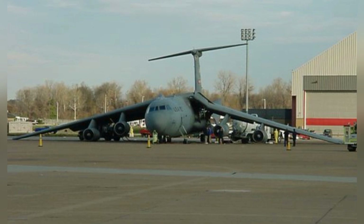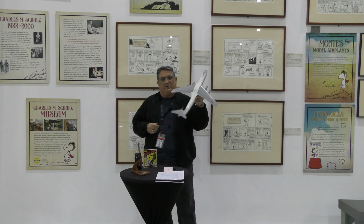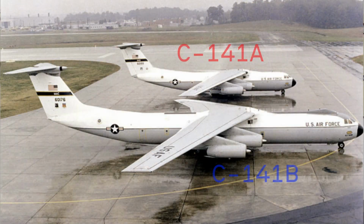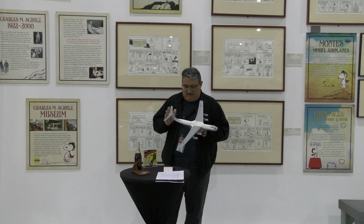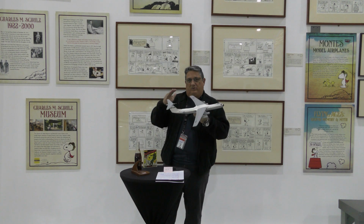They also went with the stretch, the C-141B, which is, by the way, what this model is, a 141B, and that is 23 feet, I think 4 inches longer than the original production aircraft. So they stretched them, but in 1992, as I said, most of the fleet had reached its 30,000 hour service life. And so what they started doing is really restricting the